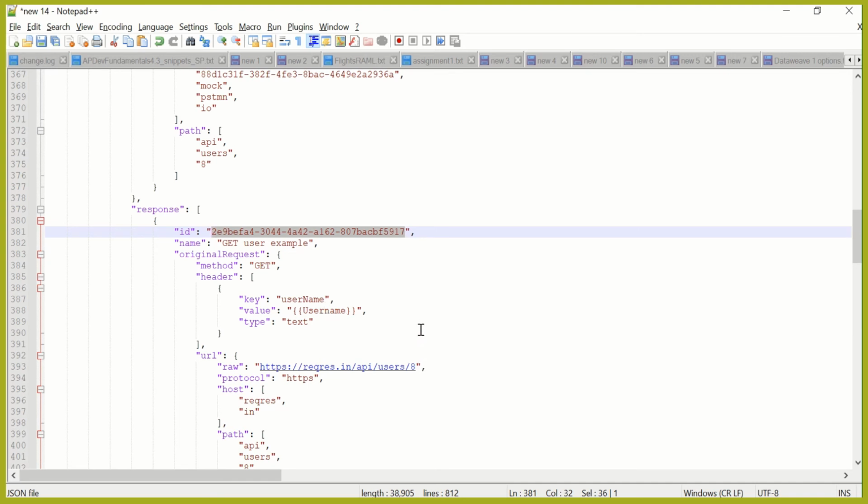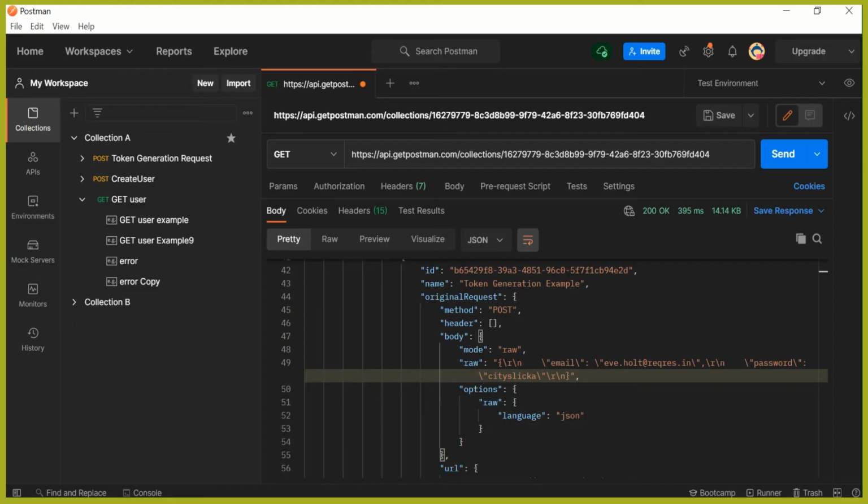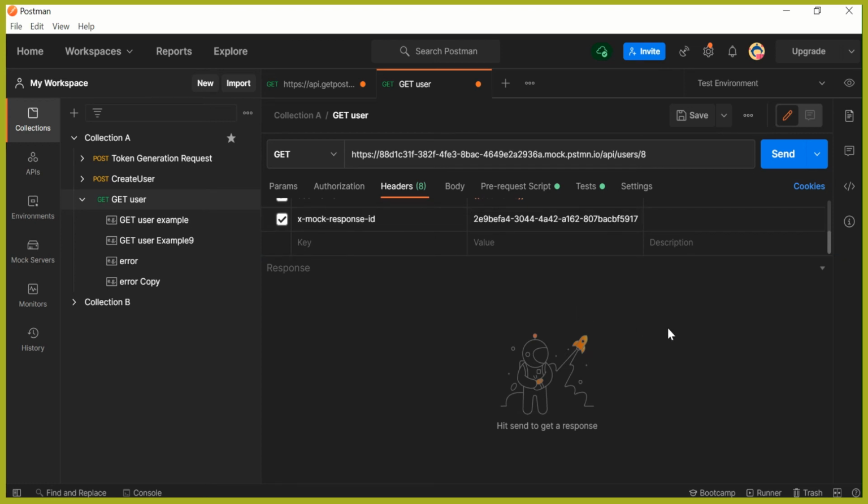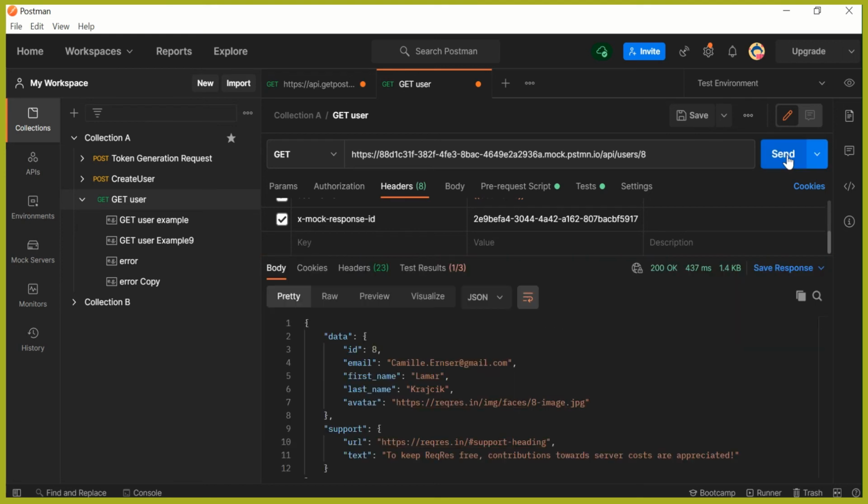Now when I'm making a call to my mock server, I am going to pass this particular ID as x-mock-response-id. Let me go to the get user request. Now when I send the request, let's see what it returns.